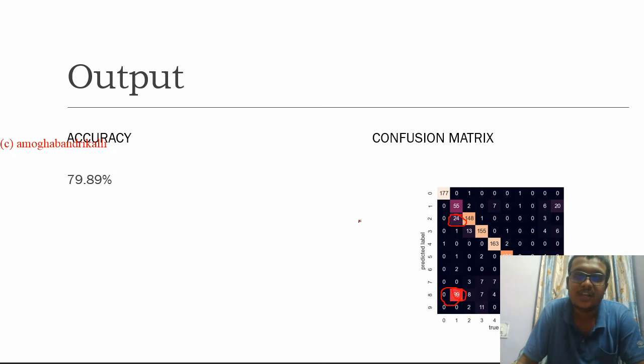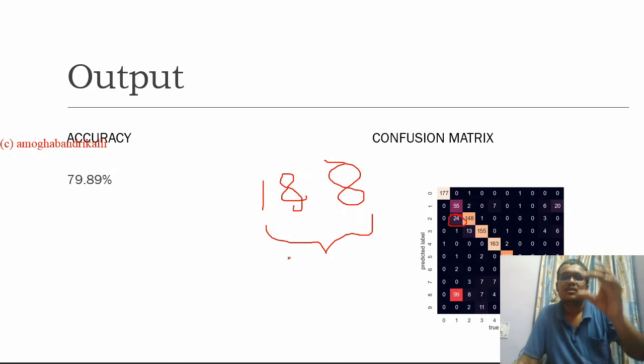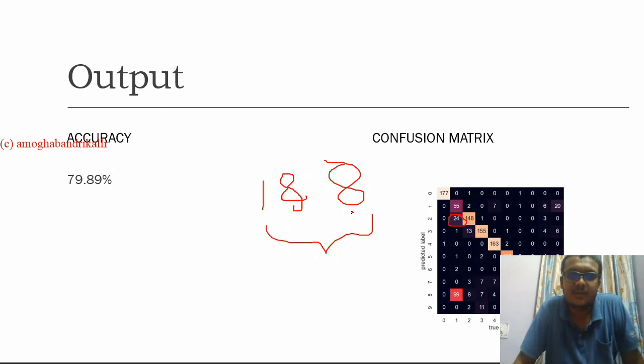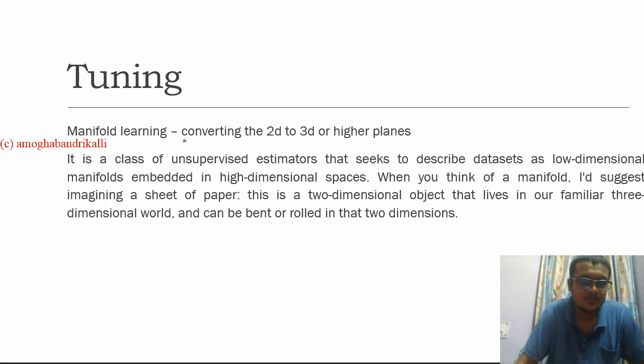So this confusion needs to be tuned in the tuning part. We have some tuning methods, which are called manifold learning. We are going to see what this manifold learning actually means. In this there is a confusion between 1 and 8, so our job is to reduce these wrong decisions between 1 and 8. This is what the tuning part is going to do. So we are going to make use of manifold learning here using